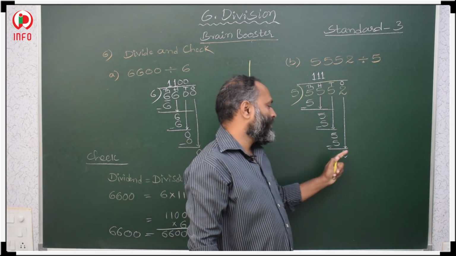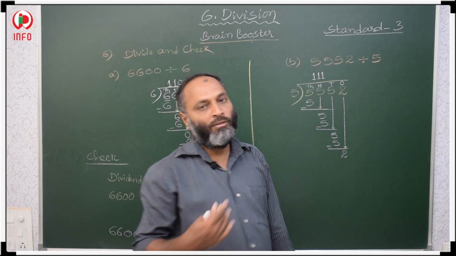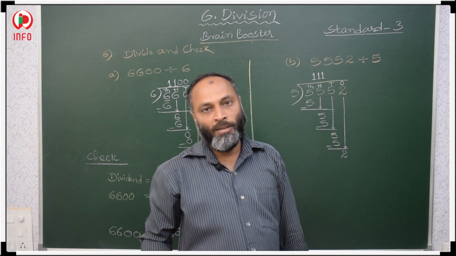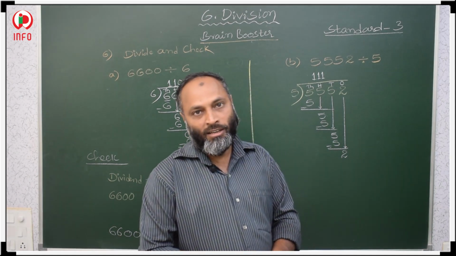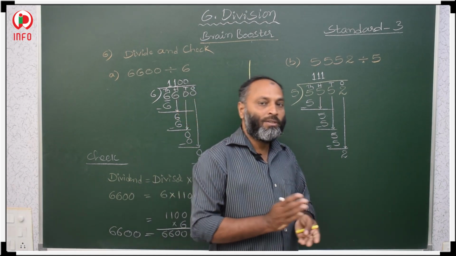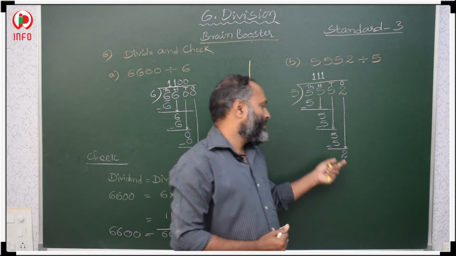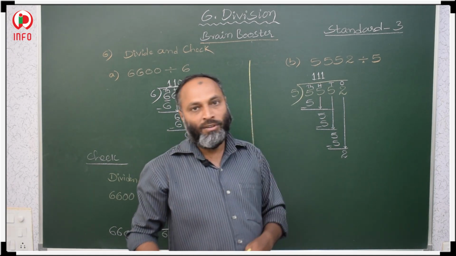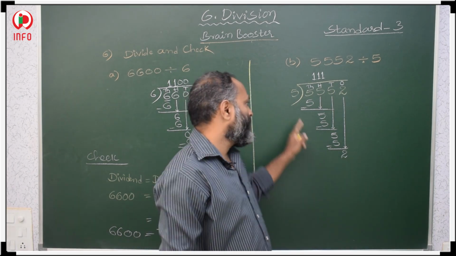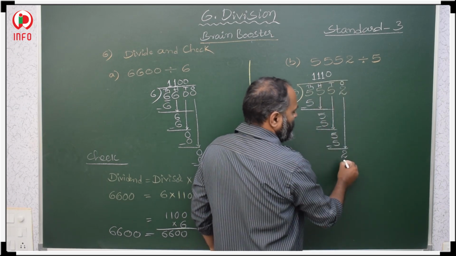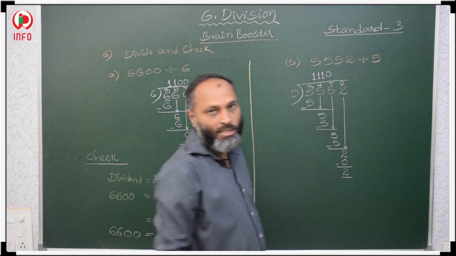Once you check, when you get 2 in the 5 table, 5 ones are 5. Our table starts from 5 ones, so 5 ones is greater than 2. But 5 zeros are also there. All the tables start from 5 zeros are, 6 zeros are, 7 zeros are. But in our tables chart, 5 ones is there, so we think that the table starts from 5 ones only. It is not like that, 5 zeros are also there. So you go for 5 zeros are 0. Now 2 minus 0 is 2. Now this is the remainder.